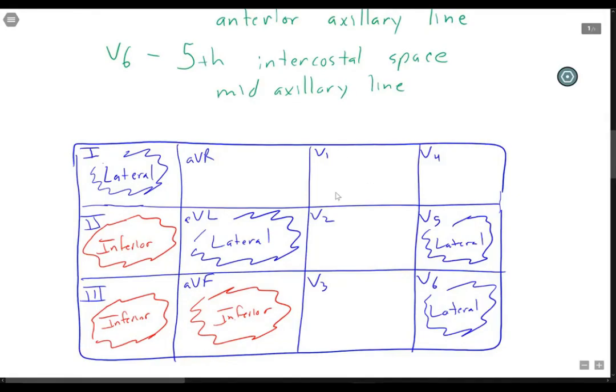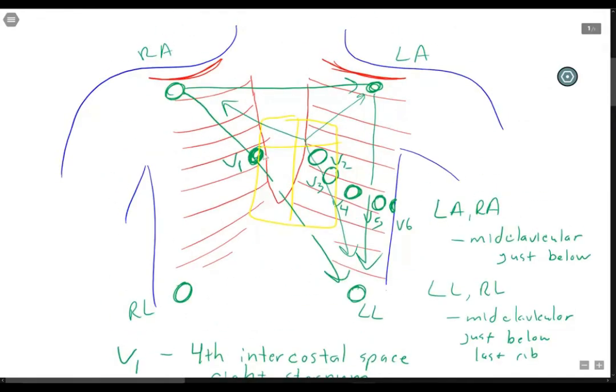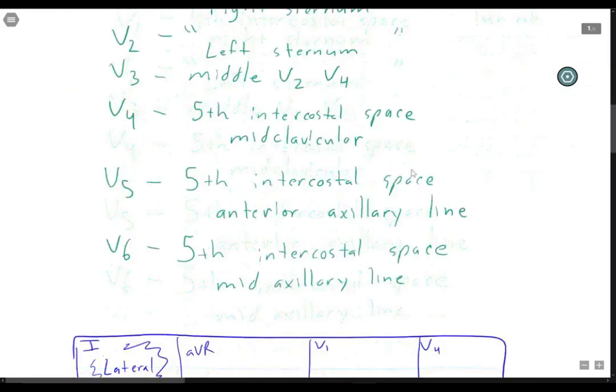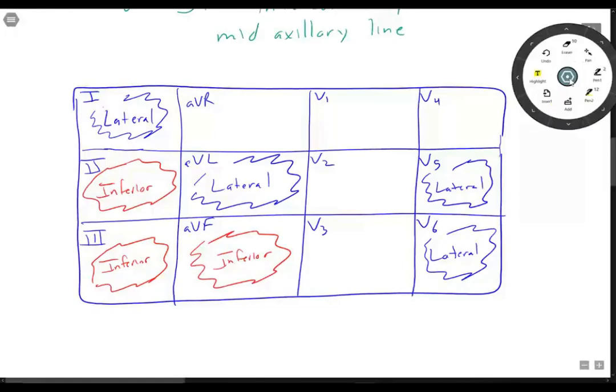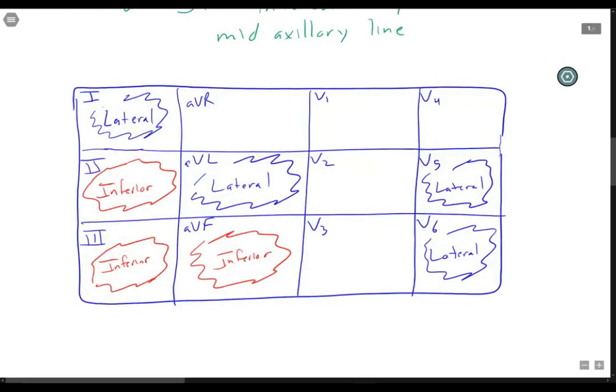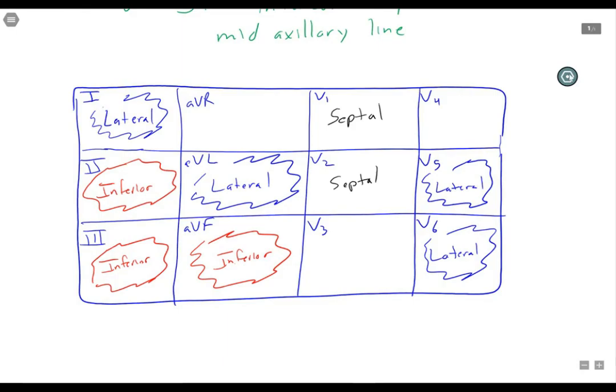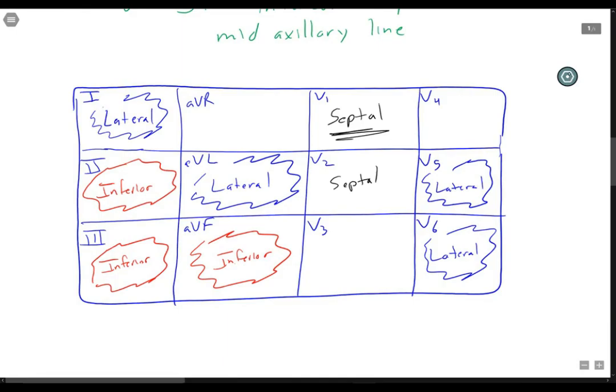But if we take a look at V1 and V2, V1 positioned right here, V2 positioned right here, they're kind of right in the middle of the heart, and they give us this great idea of what the septum, that middle portion of the heart, looks like. So there are septal views, the interventricular septum. Okay, so V1 and V2 are septal,